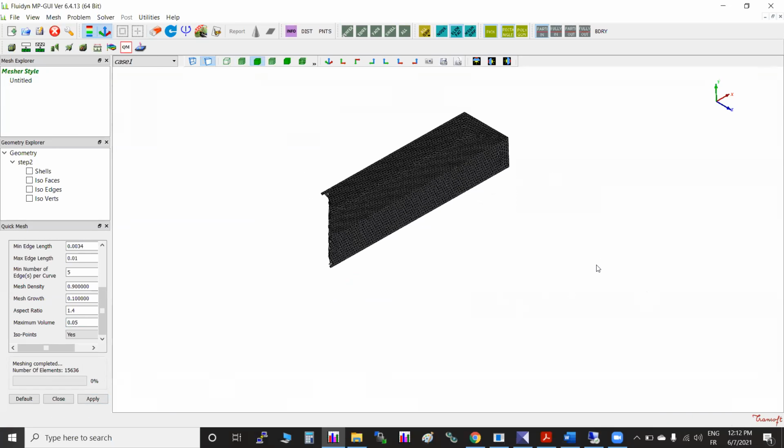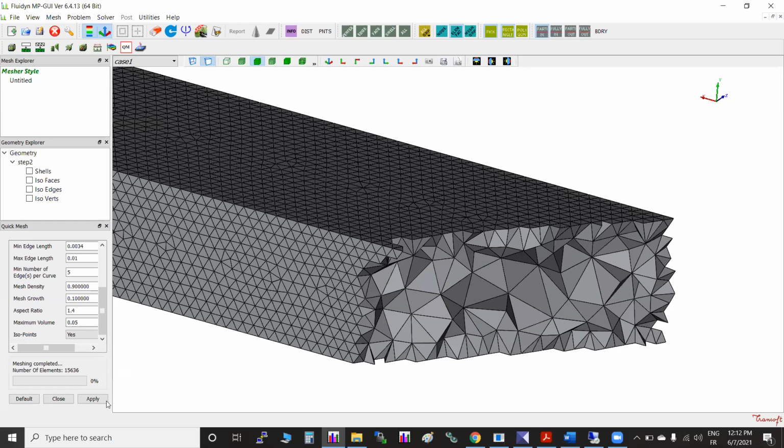This is not good because it is not uniform and has large elements. Then what to do? Change it, make it like this. Let me show you another mesh.